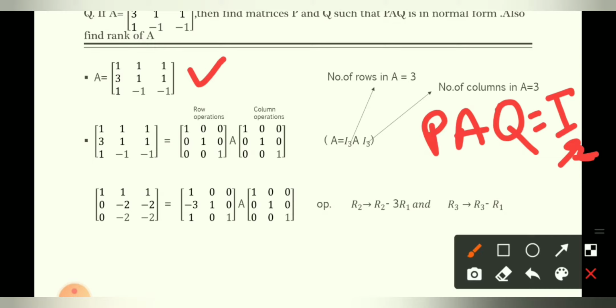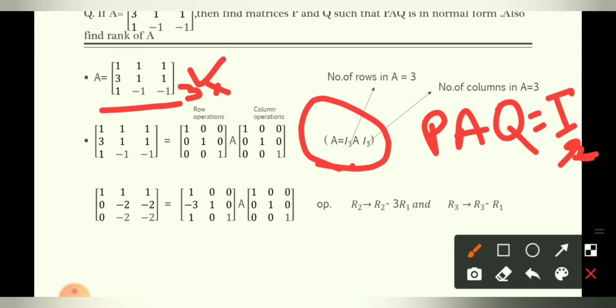So first of all, you write the matrix A which will be given in this form: A = IAI, because the identity matrix when multiplied with any matrix does not change the answer. The matrix A remains the same. The number of rows in A is equal to 3 and the number of columns is 3. If A has 3 rows and 3 columns, it will be I3.